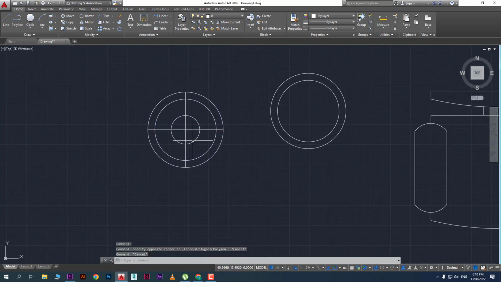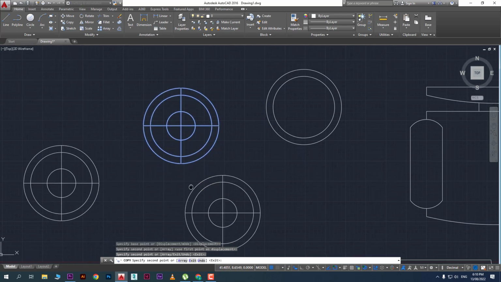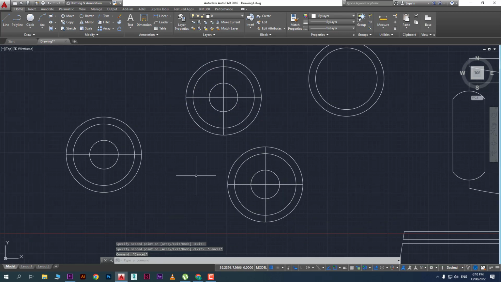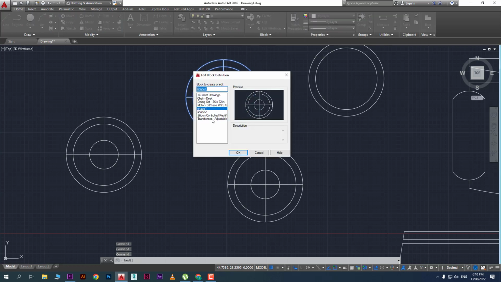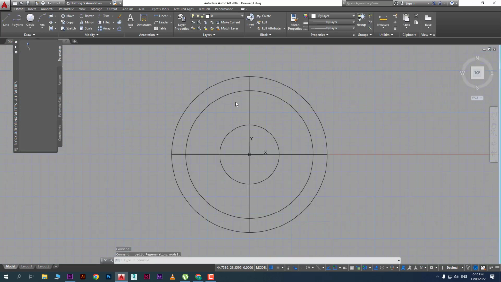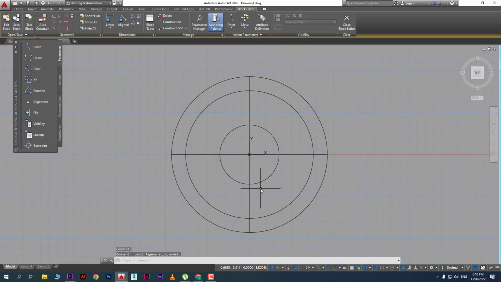If you have created a block and you have used it a lot, for example, I have copied this one and this one. Now, what I want to do is edit it. If you want to edit this block, you will click here, go to edit block, then here we have shape 1. Yes, I want to edit. It will open in block editor. Now if you change, for example, I want to delete this circle or make another circle like this, or whatever changes you want to do, you can do. After changing,